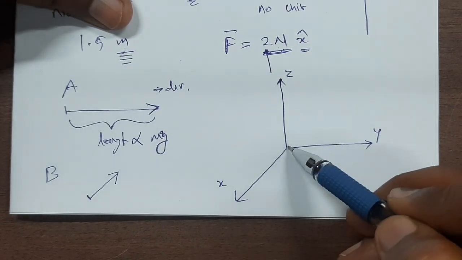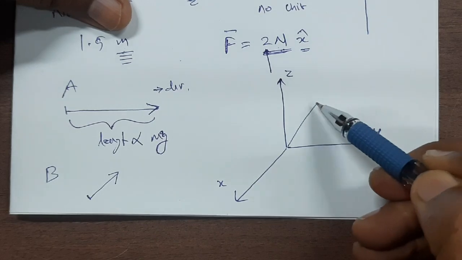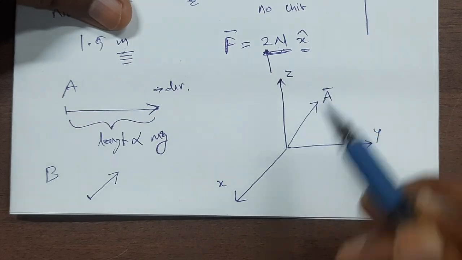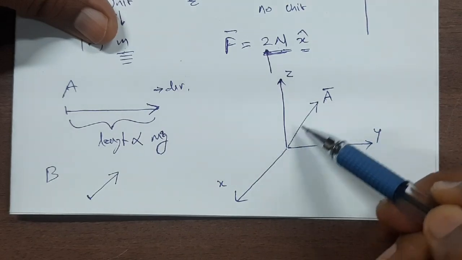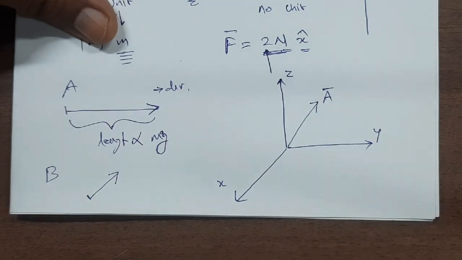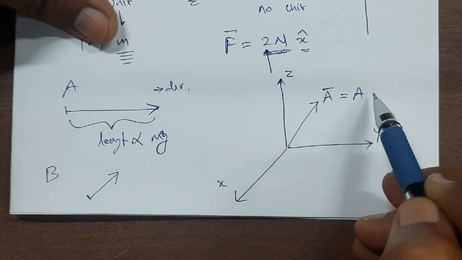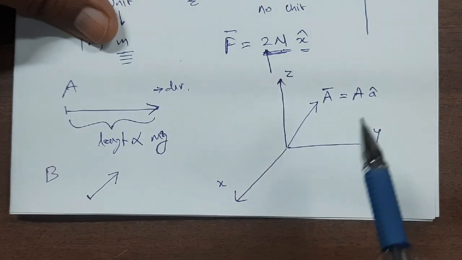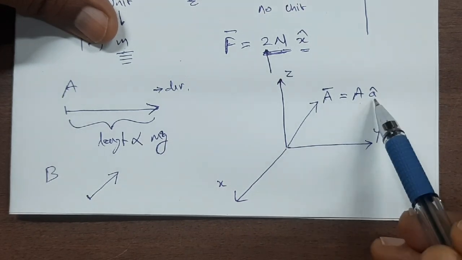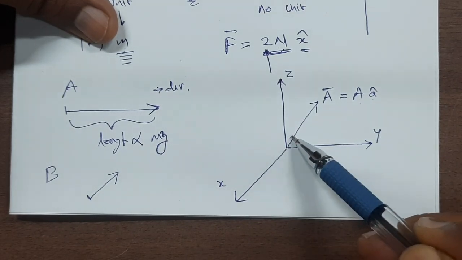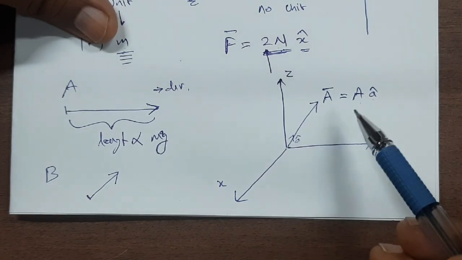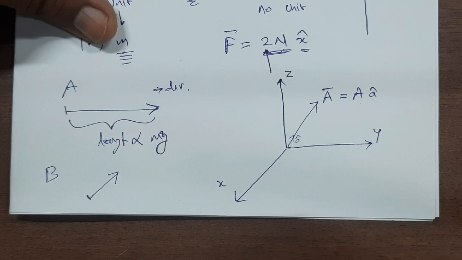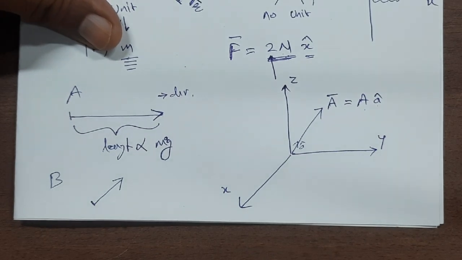Now I will give you one example. Suppose this is the vector A bar, correct? This is the vector A bar. Now this is a geometrical representation of a vector. Directly I am drawing the vector on paper. A bar can be written as A into A cap, where A is its magnitude and A cap is the unit vector along its direction. Therefore this can be treated as A cap. These are two representations, but one more representation which is quite important and widely used in physics is